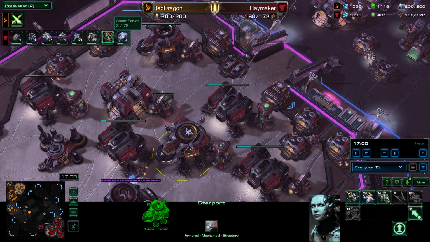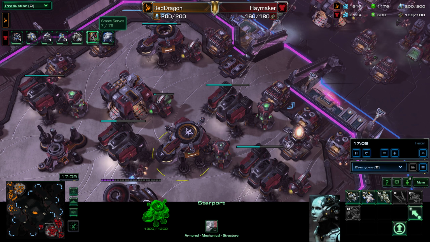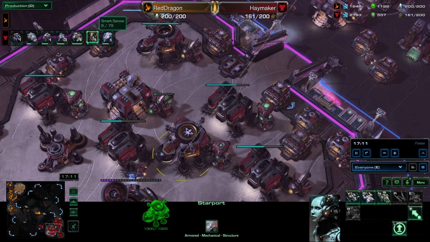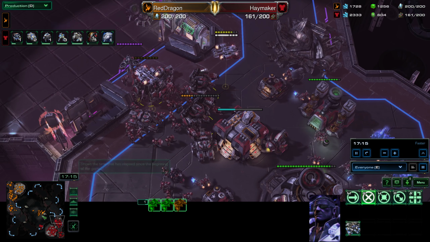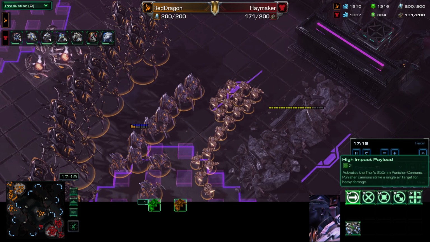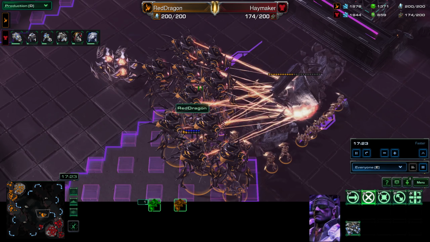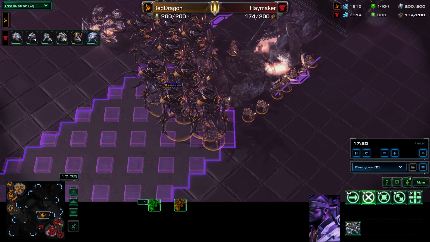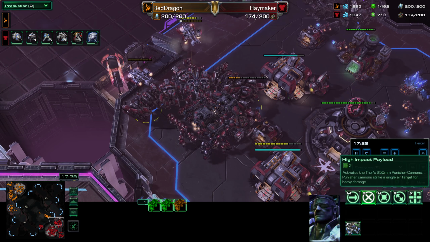3 at a time. I think he's just upgrading things because he's got money and he thought, well, I'll upgrade that. Not sure what it does. Okay, Thors can do well against Colossus. If you put them into Punisher cannons mode, they strike air targets, and Colossus are so tall that they do count as air as well as ground. So actually these Thors